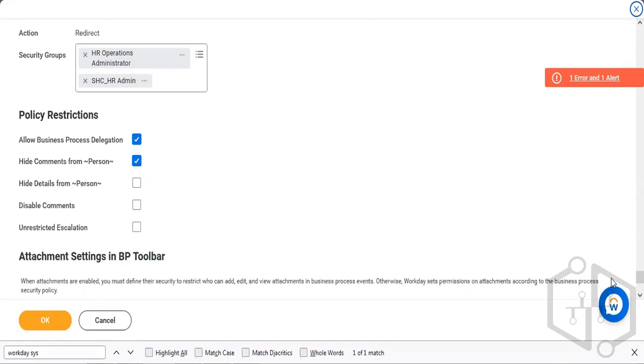That's the default behavior that automatically goes to that person's manager. But if there are multiple people who are part of that security, if one person is not available, a few more people will be there, right? They'll be taking an action. Or the person who actually owns this transaction, it's a high risk there. Proposed compensation is a kind of step that is actually going to HR administrator. And HR administrator is not taking an action, though it is sitting in the inbox. So what will HR be doing? HR will be reaching out to HR administrator. Hey, this business process is sitting with you, and the employee needs to be hired in the system by end of today